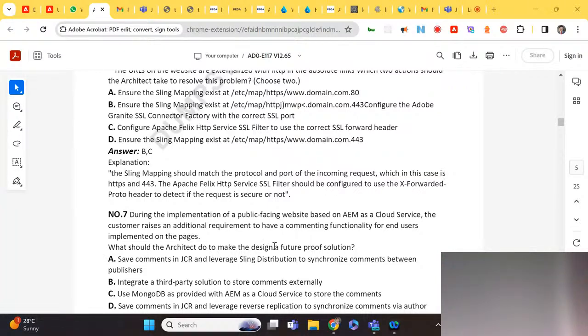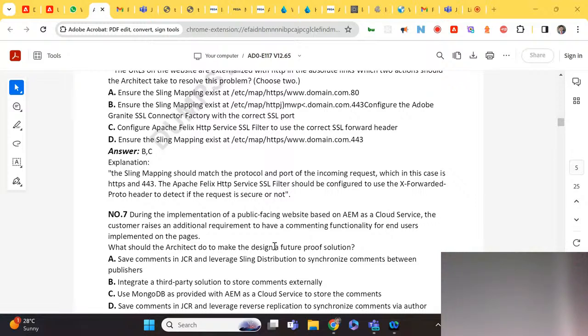Okay. Between B and C: integrate a third-party solution to store comments externally. Normally, user-generated content (UGC) we try to keep in blobs, Amazon S3 bucket or Azure cloud, and we will retrieve them. So probably he means a third-party solution. Another one is use MongoDB as provided with AEM as a Cloud Service to store the comments.